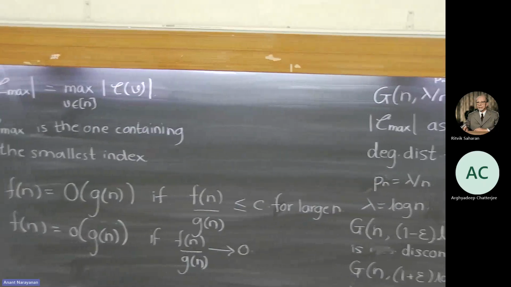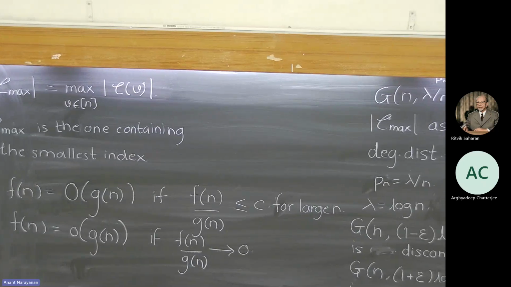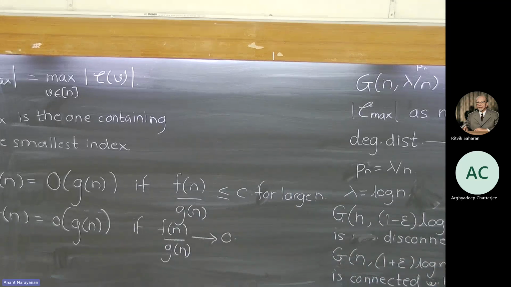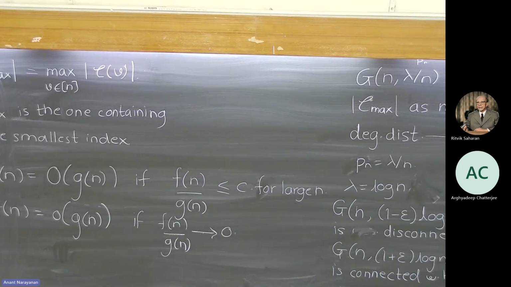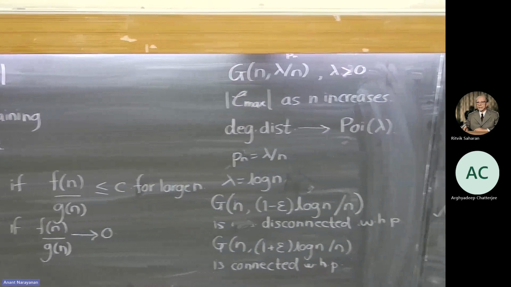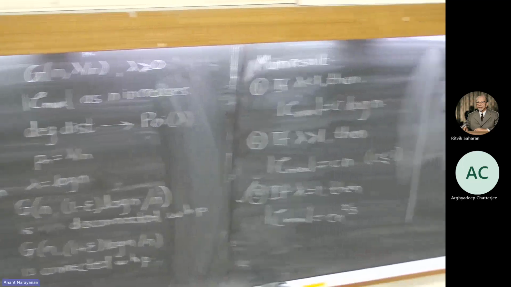Let's say you fix a vertex. Let's say you start from 1. Then what happens is that you can check how many neighbors it has, move to the next node, and check how many neighbors it has, and so on. And you can try to find what the components are. So this is just an idea. Let me try to make it.